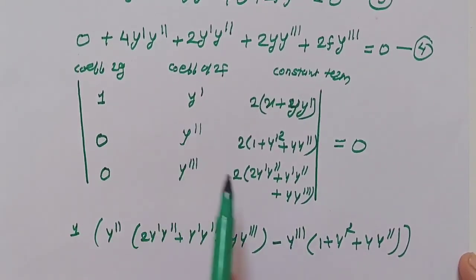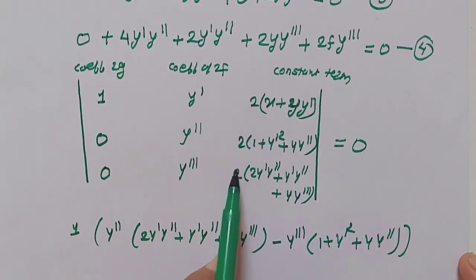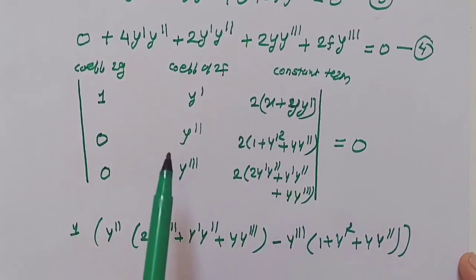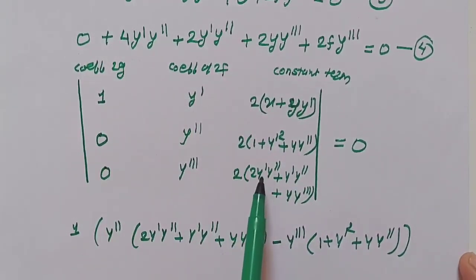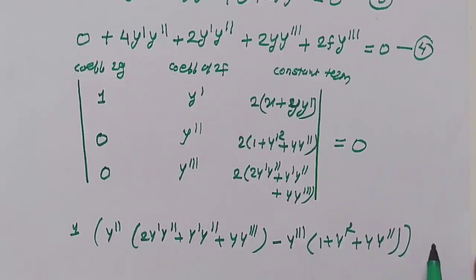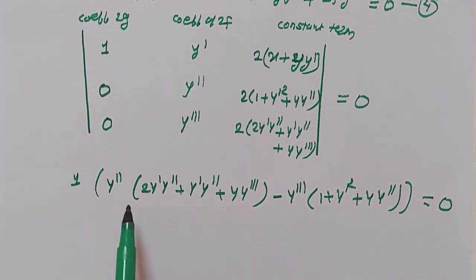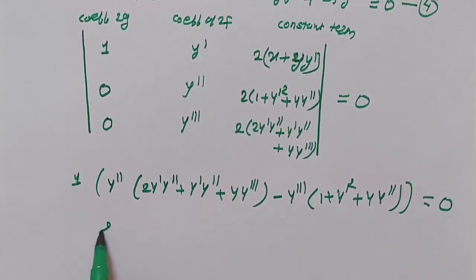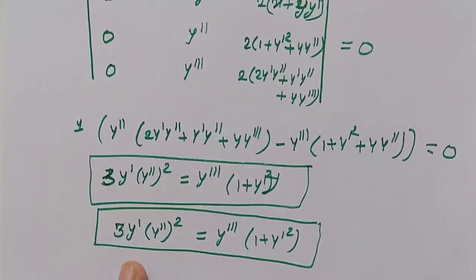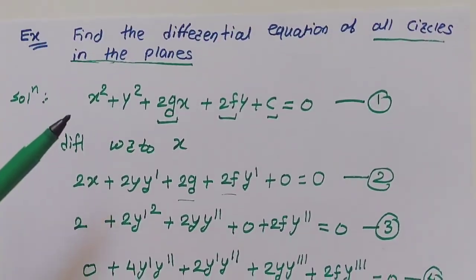And if we take the middle term, that is minus y', then eliminate the row and column corresponding to this y' and solve this determinant, it becomes 0. If we take this value, then again you eliminate the corresponding row and column and solve this determinant, and it is 0. So the next term will be 0, no need to write it. Now in the next term we have to simplify, and after simplification we get this as our final answer. Now see, in this way we can eliminate the constants from our equation of the curve. This is the second method.